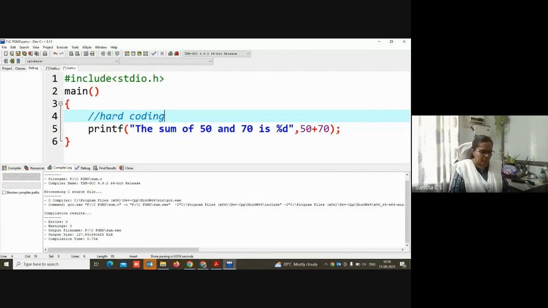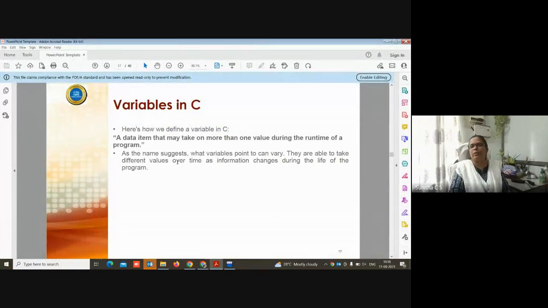So for that purpose, instead of hard coding, we are going to declare variables, and the values of the variables, while executing the program, we ask the user to give. So currently, if I want to add 50 and 70, I input 50 and 70.